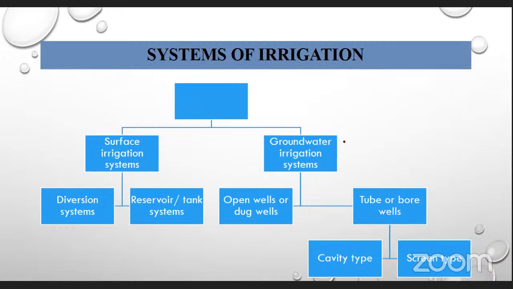So I told you that if someone asks, then you have to say that 50% of the total irrigated area in India gets its irrigation from this source only, this groundwater source. And if we talk about the advantages of this, that is, why well irrigation has declined. This diversion is usually a first